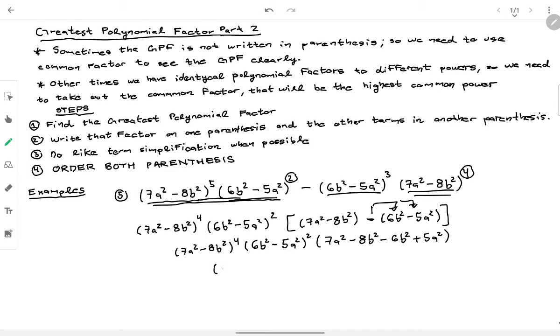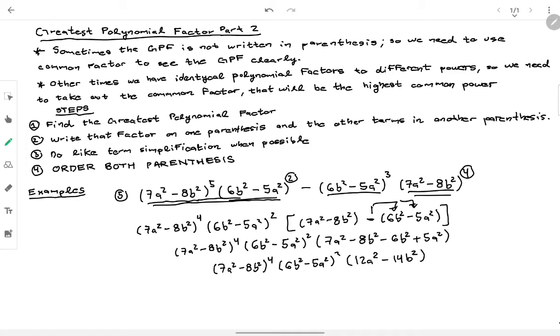So it's going to be 7a squared minus 8b squared to the 4th, that multiplies 6b squared minus 5a squared, all of it to the 2nd power. And on the last parenthesis, 7 plus 5 is 12a squared minus 14b